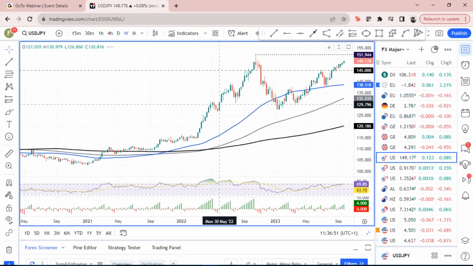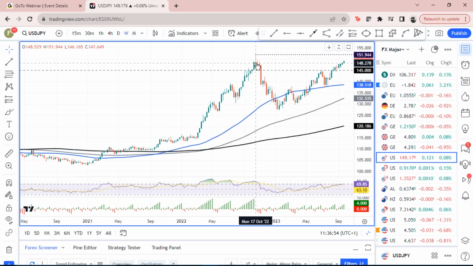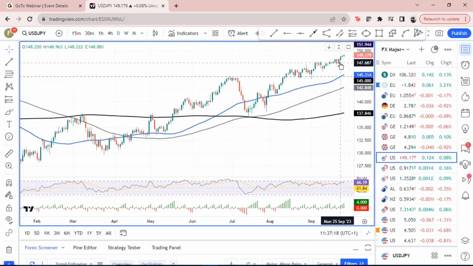If we just go back to the weekly, you can see where we had intervention previously, last October, so around a year ago. We did have Japanese Finance Minister Suzuki on the wires yesterday, I think, weighing in on the currency. Basically said he's watching FX moves with a great sense of urgency. Hasn't put off dollar buying against the yen, and that is what we've seen since the hawkish Fed decision this week, contrasting with the Bank of Japan decision a couple of days later.